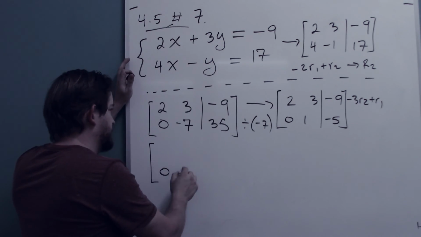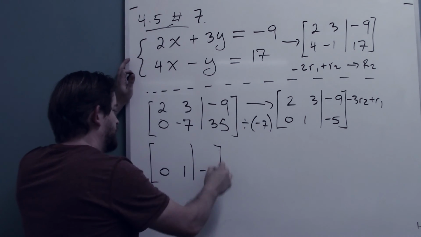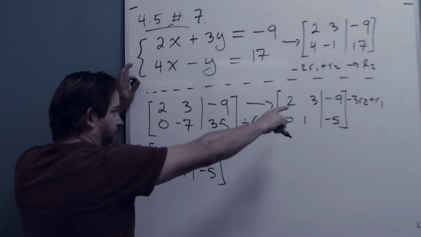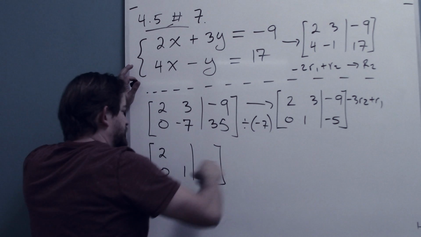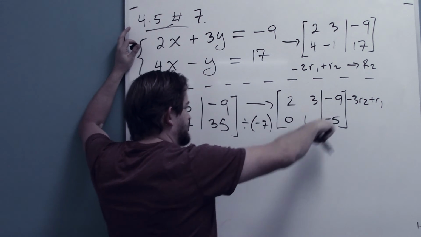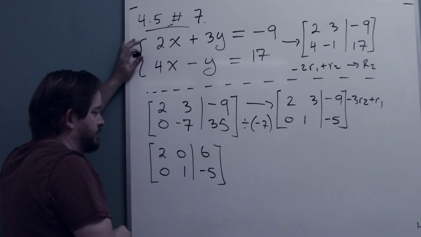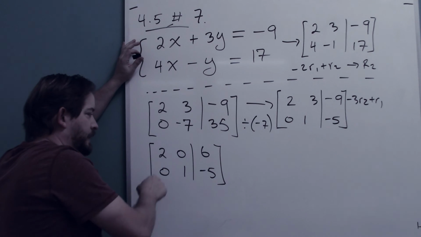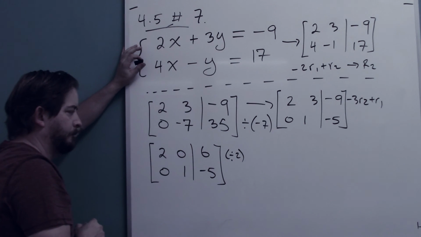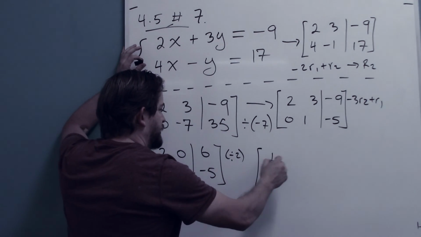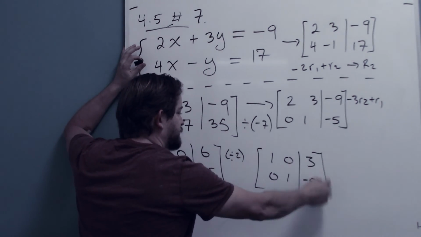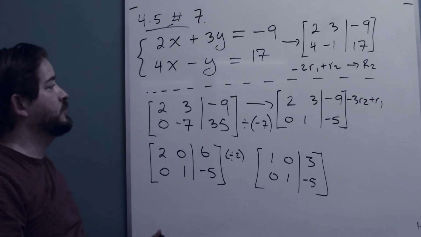Bottom's going to stay the same. That's 0, 1, -5. -3 times 0 is 0, plus 2 is 2. -3 times 1 is -3, plus 3 is 0. -3 times -5 is a positive 15, minus 9 is a 6. And then I just have to divide the top one by 2, right? That gives me 1, 0, 3, 0, 1, -5, and I was able to avoid fractions and decimals through the